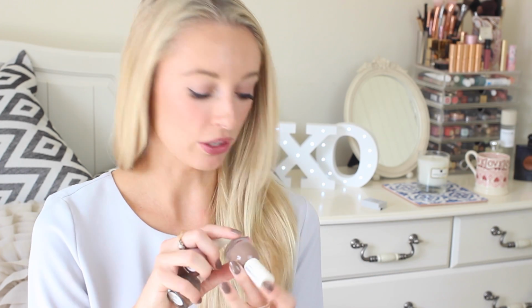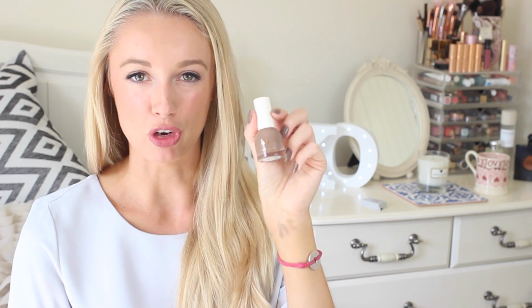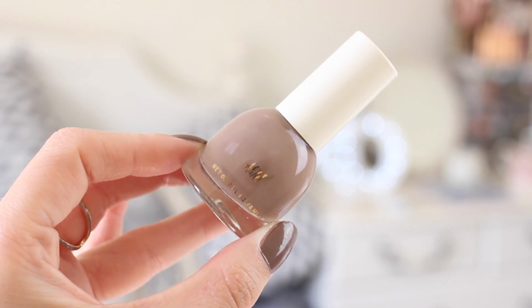Okay, this one says Yannickdeer as well, so I'm thinking that's maybe the Swedish word for nail varnish or something. But the previous one that I mentioned was shade 11150, and this one, the brownie one, is shade 501. This is the colour that I'm wearing right now, and I think this is a really lovely one for autumn because it's very neutral but still quite fashionable, if that makes sense. I just absolutely love having brown on my nails. I think it goes with loads of outfits,